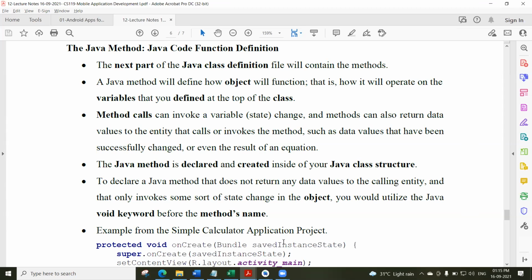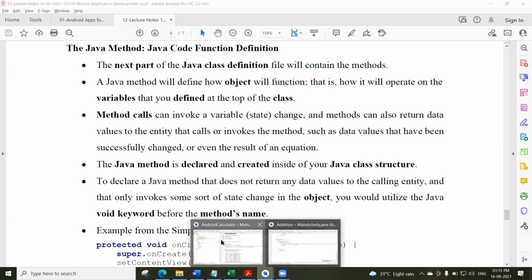declared here. A Java method will define how an object will function. That is how it will operate on the variables that you defined at the top of the class. Method calls can invoke a variable change, and methods can also return data values to the entity that calls or invokes the method, such as data values that have been successfully changed or even the result of an equation. This data changes, you take this addition program,